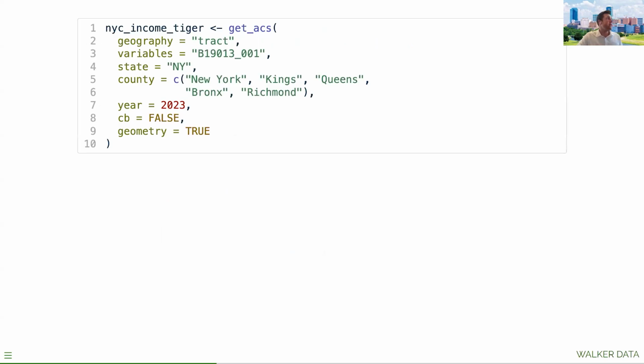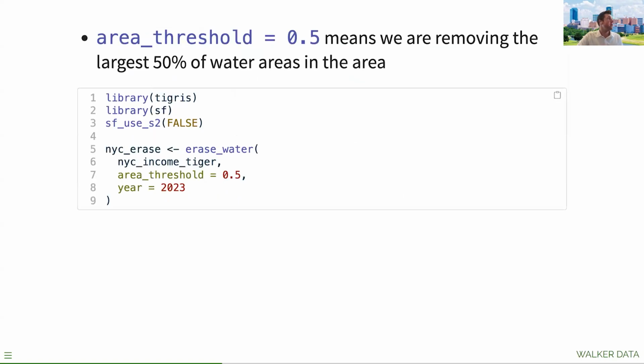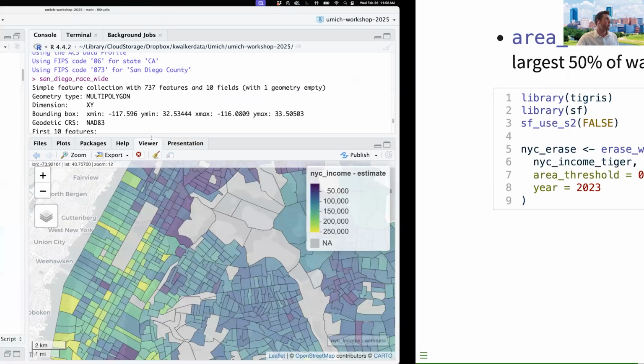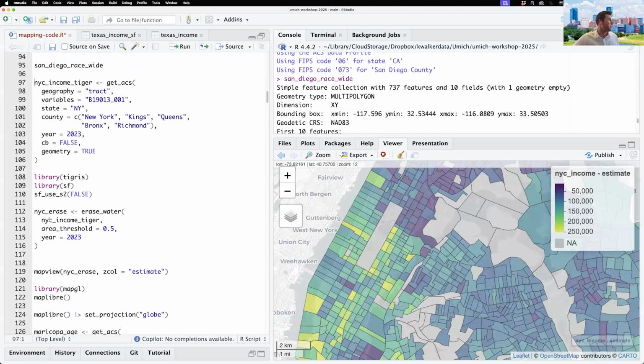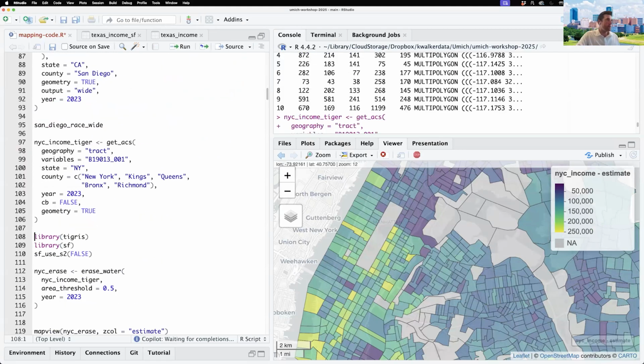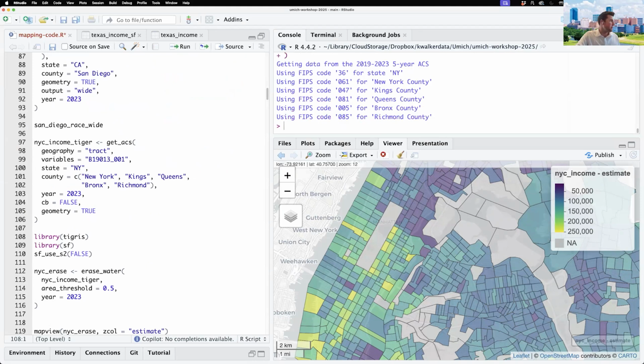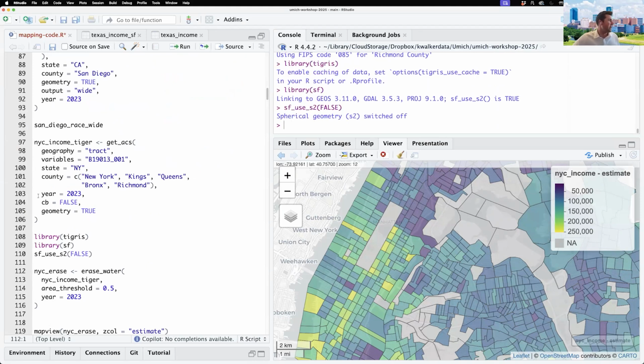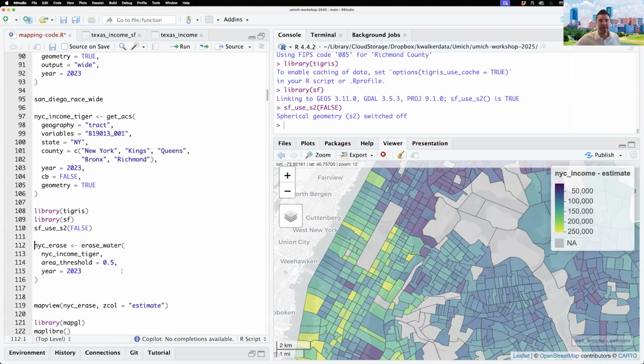So what I'm going to do here is pull the data with the argument cb equals FALSE, and this will help eliminate what we call sliver polygons in the overlay. I'm then going to run this erase_water command. So let's go ahead and run that through. I am going to grab some New York City data, and I'm going to run this command with area_threshold equals 0.5. That means that we're keeping the 50% largest